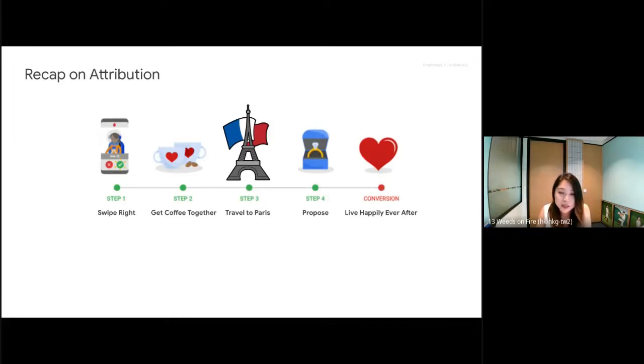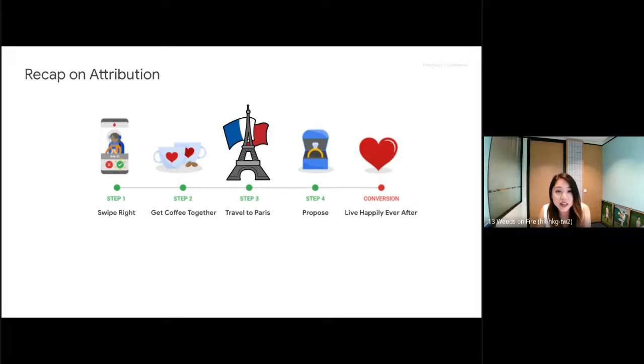So for example, a user who uses Tinder swipes right. And then they meet up with a person to get coffee together. And later on, they meet up in Paris to travel together. And later on, of course, they have a happy ending and someone proposes. And in the end, it converts and they live happily ever after.